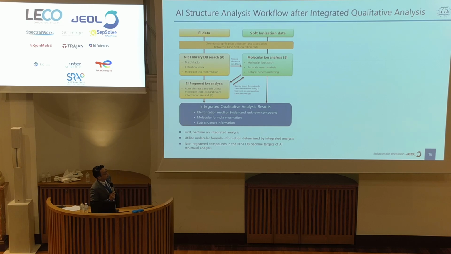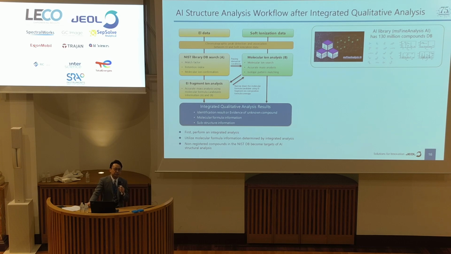Okay, and this is showing the AI total workflow. At the beginning, we have to do integrated qualitative analysis. And if your compound is not listed in NIST, we will go to the AI library search. Okay, but actually, this mass spectrum is just what our AI model predicts as the EI mass spectrum. Nobody knows, it's not real. So in that case, if for our unknown compounds we go to the AI library directly, maybe we may